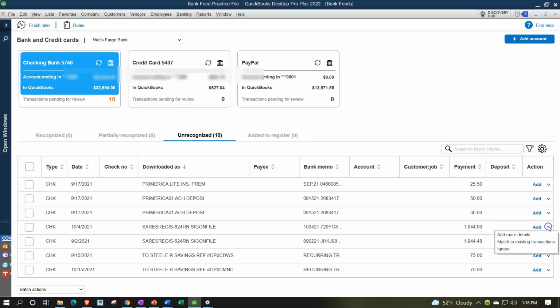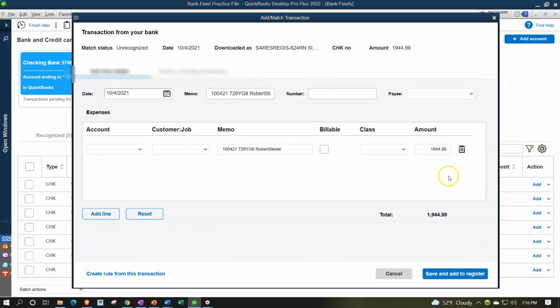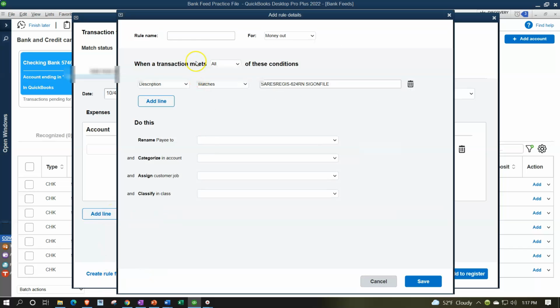So to do that, let's go ahead and hit the drop down and say we want to add details to this thing, add details and set a rule. I'm going to try to put this one and see if I could change it to 500 here as we set the rule up, and then go to my rules and create a rule. So I'm going to say this is going to be for SARESREGIS, like our normal rule is, and this will be the rule if it's less than or under 1,000. So I'm going to say it's a money out rule,